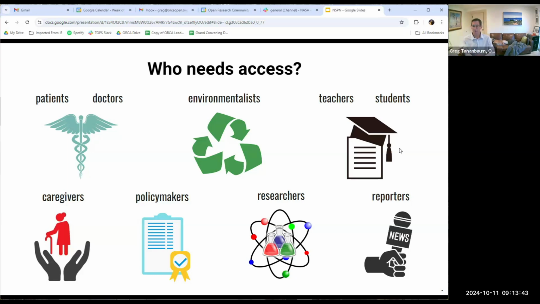It matters in the classroom. It matters if you're a researcher at an institution that is not a major research-intensive institution. You don't have access to all the literature. You just don't, because there's too much of it and it's too expensive to have access. It matters when we report what's happening in the world, if those news reporters don't have access to the facts. And it matters, of course, from a policymaking perspective as well. We want our policies to be evidence-based, evidence-driven, but it's hard to do that if you can't get your hands on the science and on the data, which we'll talk about in just a minute.